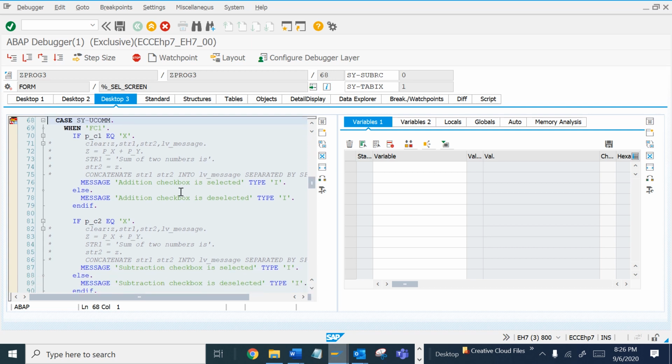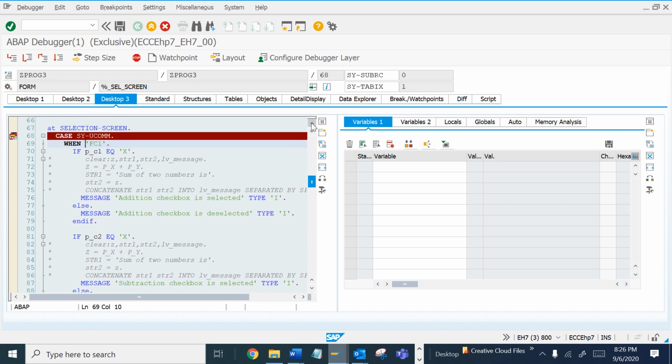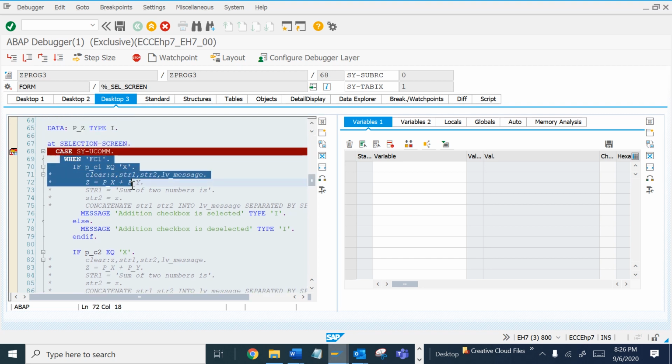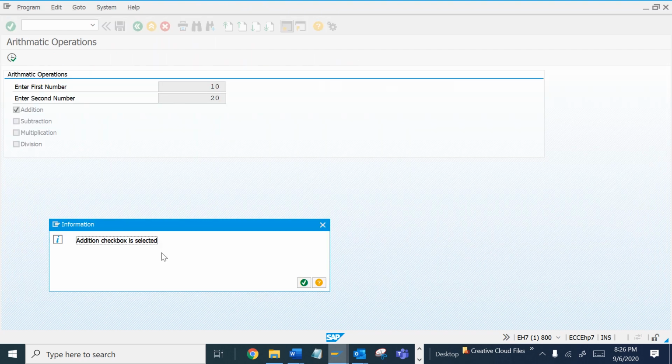Okay, I have made a mistake here. See, I have selected only a single part. I have a single FC1. So for single FC1, it will be only the addition part. So let me select this first and see the output. See, addition checkbox is selected.